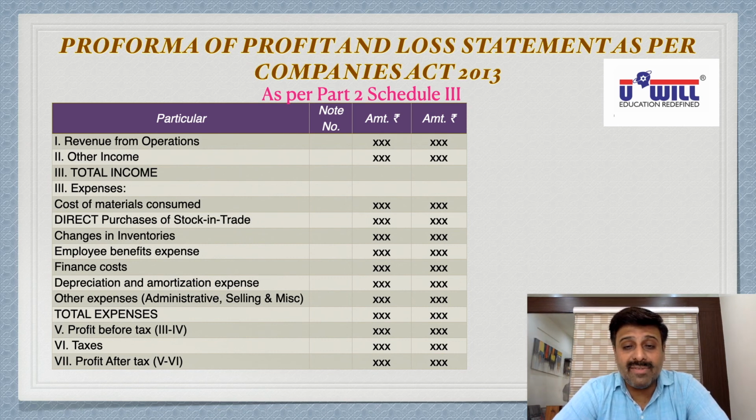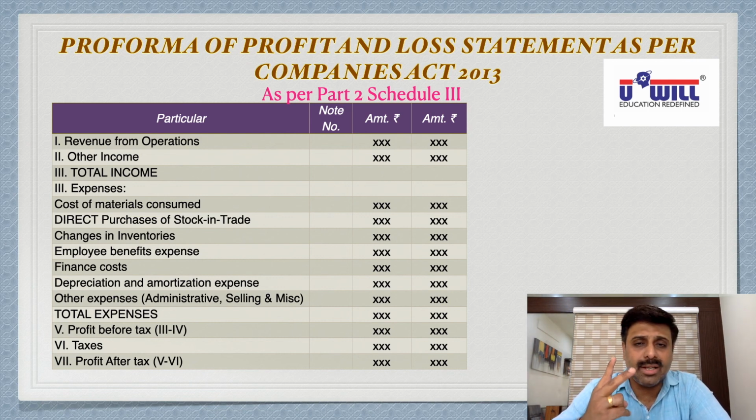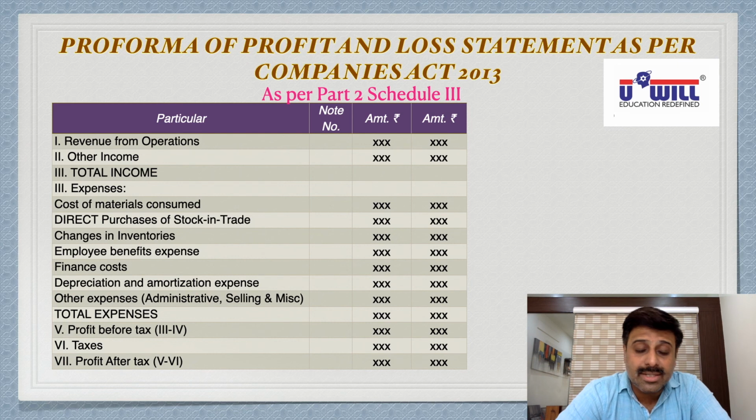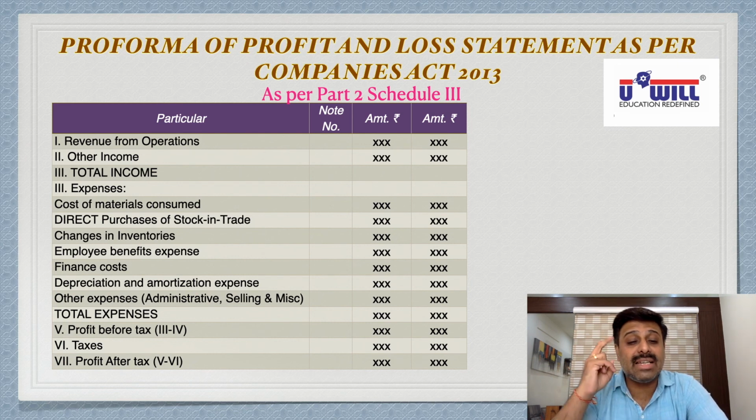I hope all of you would have paused the video and written this format. Now listen everyone, only two incomes, so no shortcut for incomes: revenue from operations and other incomes. What will revenue from operations include? In bracket write sales, that is the only income. Sales minus sales return will come in revenue from operations. Other incomes will include share transfer fees, discount received, commission received, interest on investments, rent received, and profit on sale of asset. All other incomes will come in other incomes. You get total incomes.